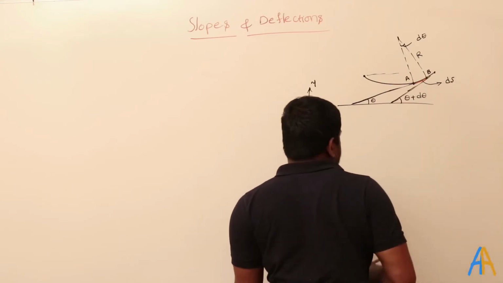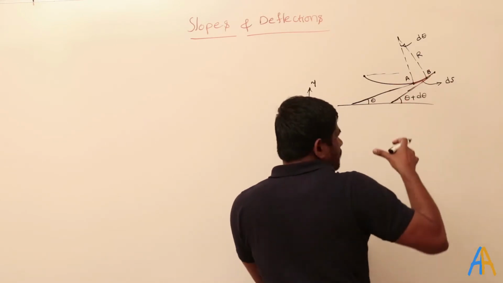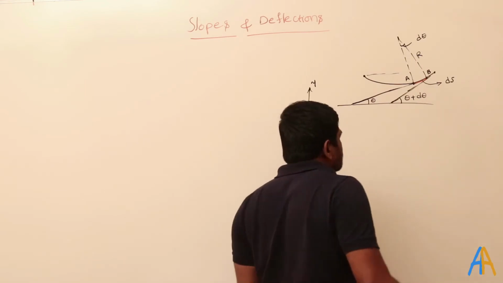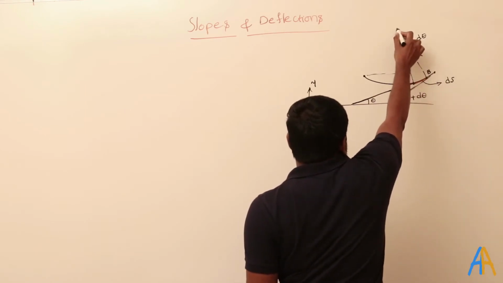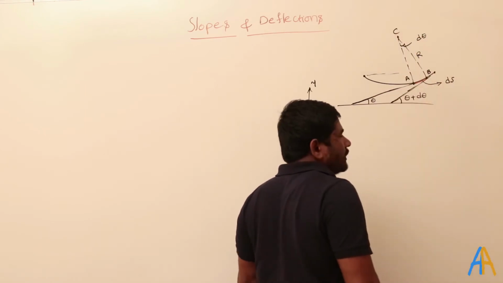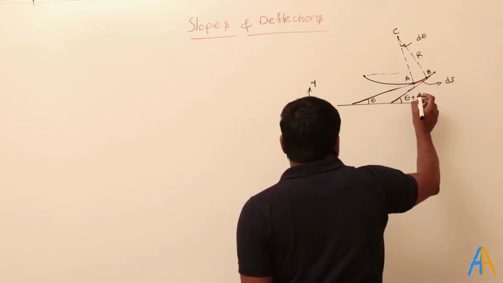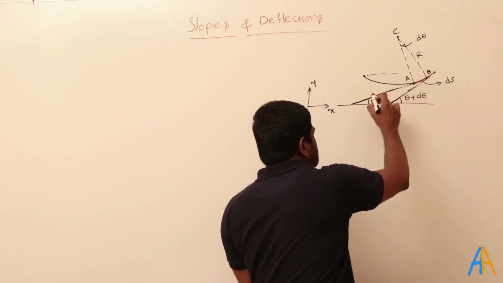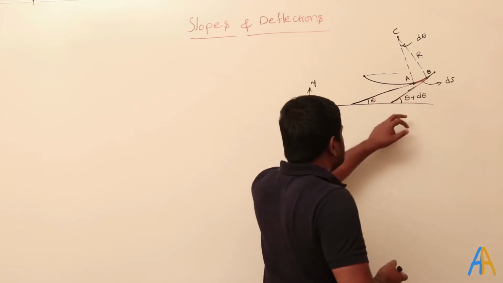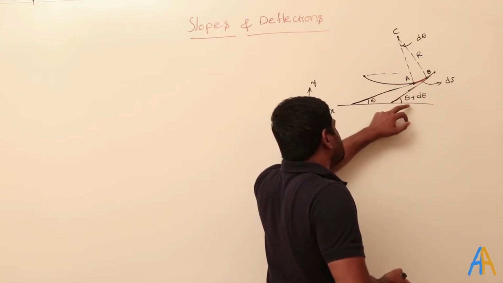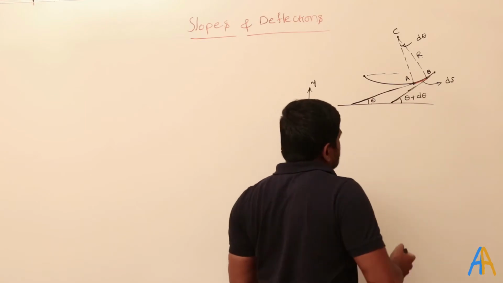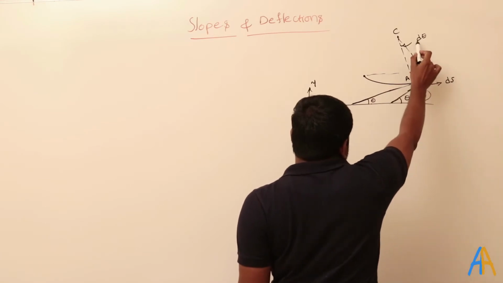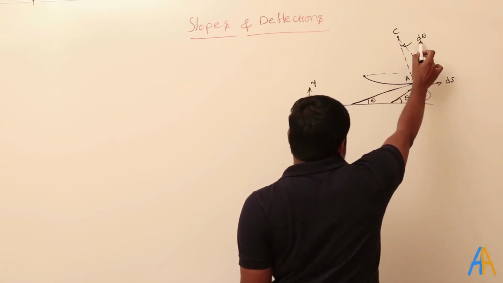Length of this is ds, and this is bending as a circle here. If I join these two points at the center, then let's assume the angle is d theta and the radius is r. I have drawn a tangent at A as well as the tangent at B. Tangent A makes, let's assume, theta, then the tangent at B will make an angle theta plus d theta. Why is it making only d theta? If you observe, this d theta will be equal to the angle between these two radii. That is d theta.